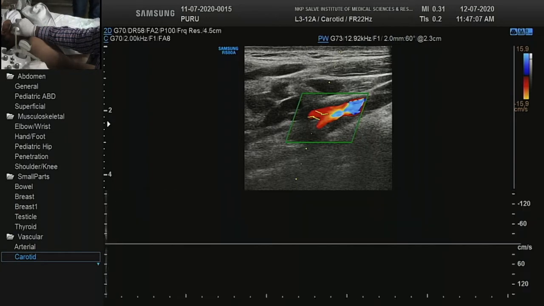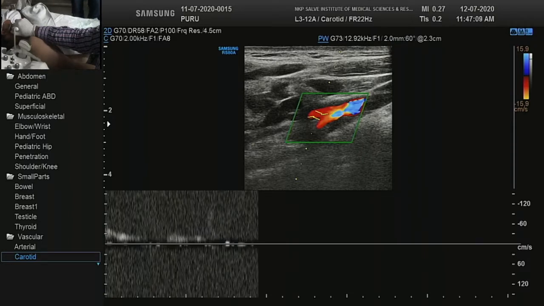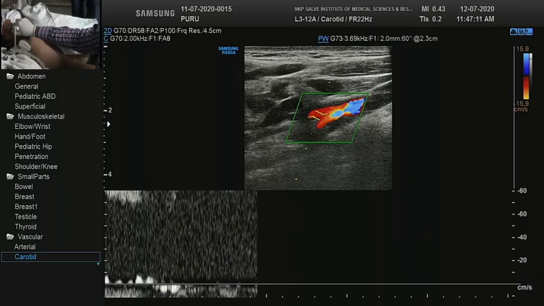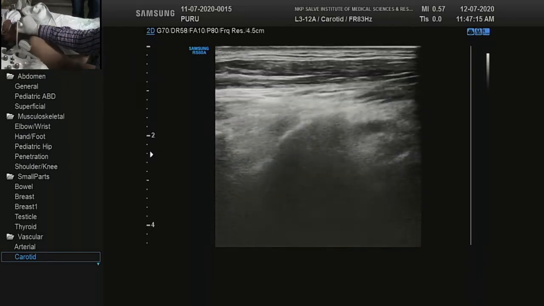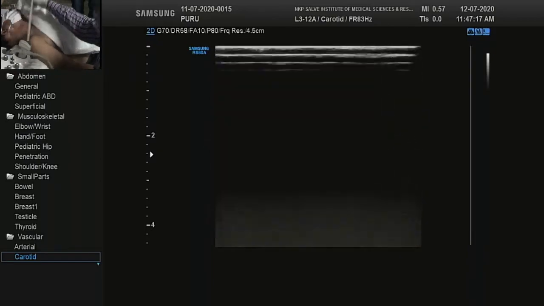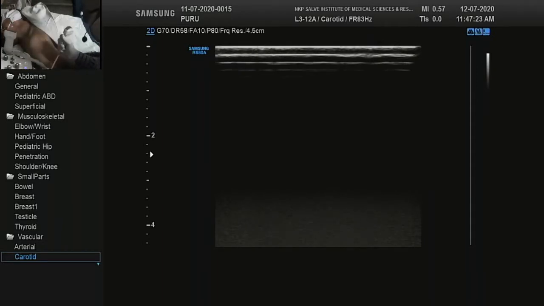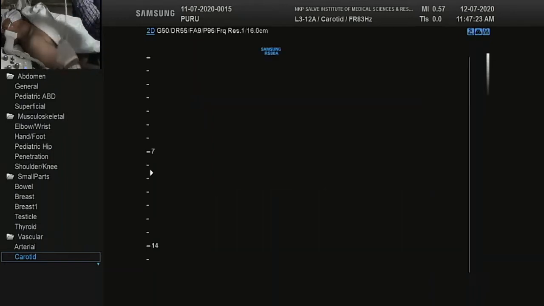So this is a little bit of chronic occlusion of the internal carotid artery, and the external carotid has taken up the flow. So one thing we have forgotten, we have not evaluated his vertebral artery yet. So I will try to see the internal carotid.